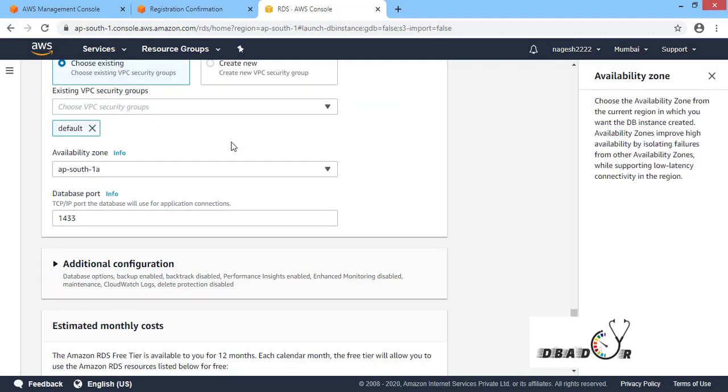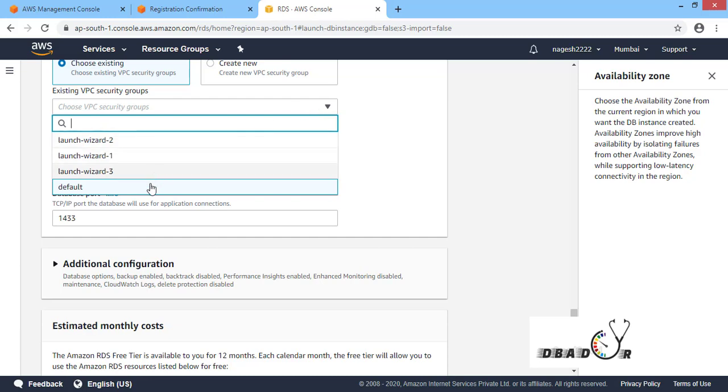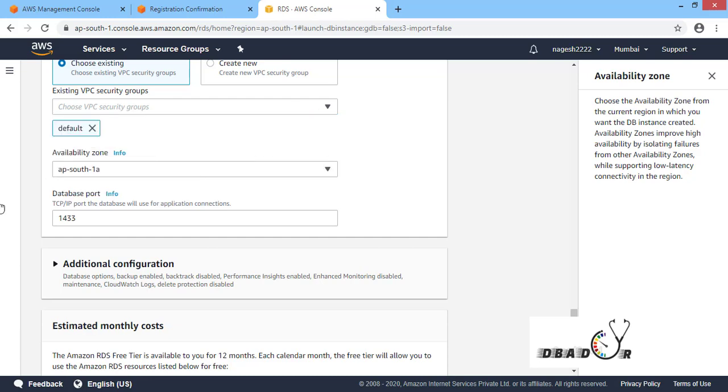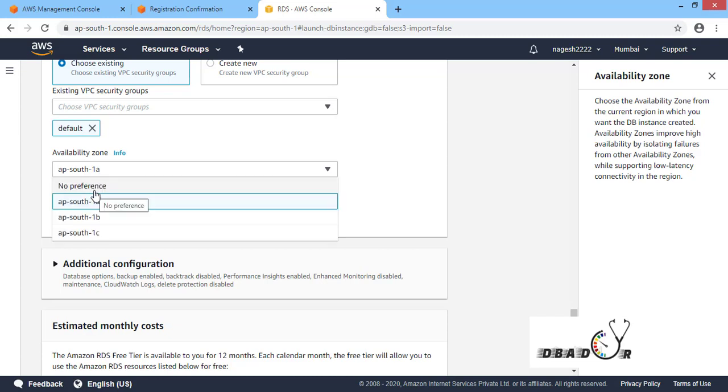Yeah, so we are selecting existing, choose existing. In existing, it will pick up a default one, or if you want, you can create. I'm clicking on default. So in default, it will allow you to connect. It will take your local machine IP address, and in availability zone it will take no preference, but I am